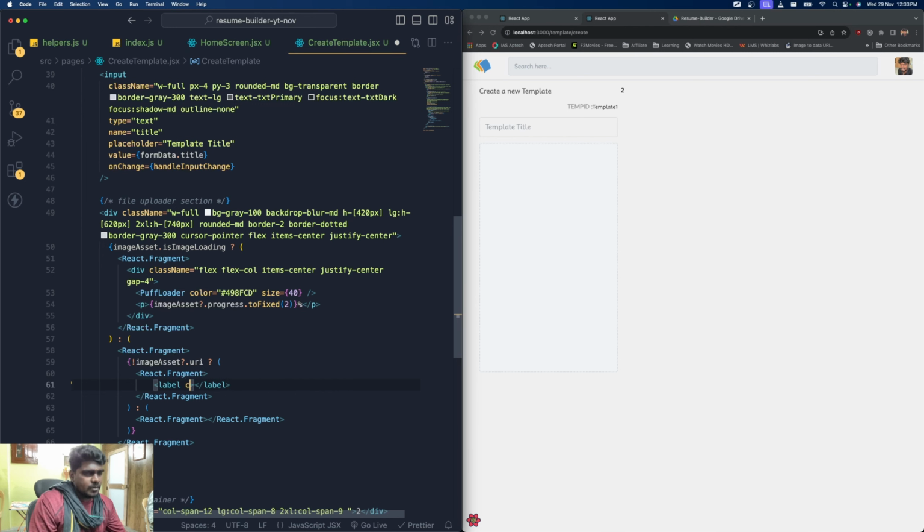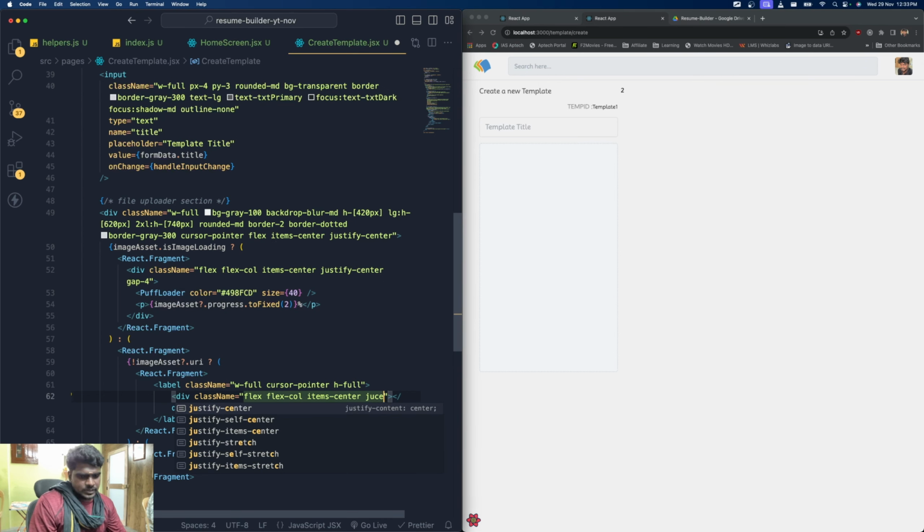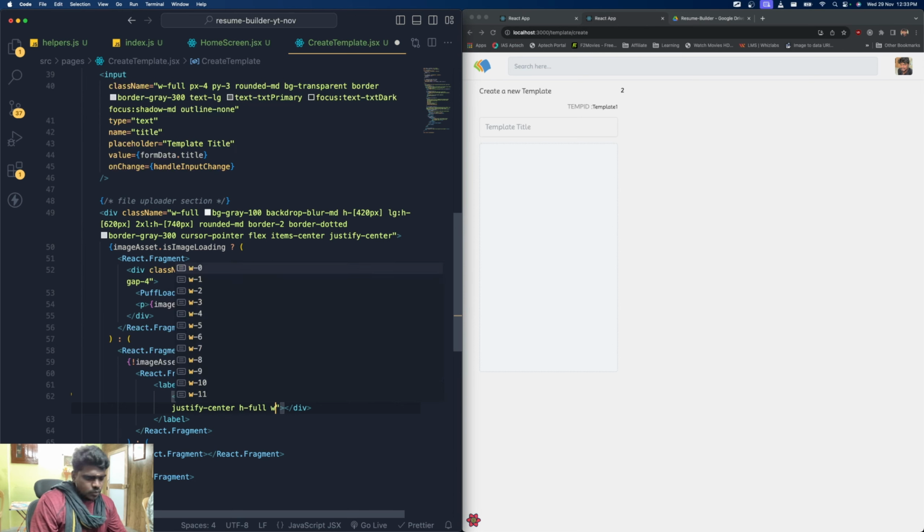So for this label, I'm going to say class name. Of course, this is going to access the complete width. Cursor is going to be pointer, and of course the height is also going to be full. And inside here, I'm going to have one more division, which is going to say class name, flex column, item center, justify the center, and height, of course, it's going to be full, and the width, of course, is going to